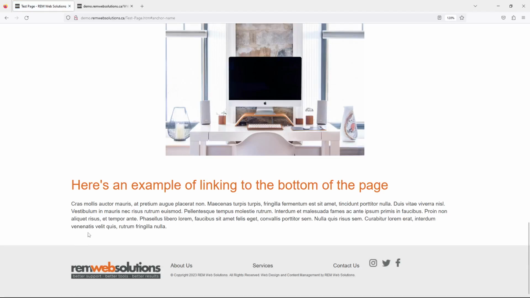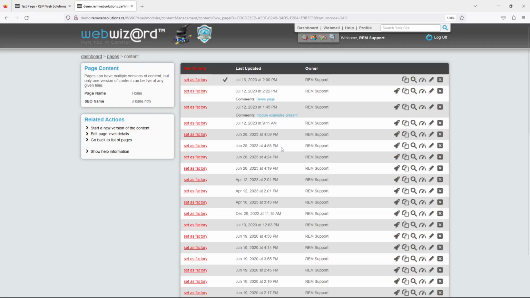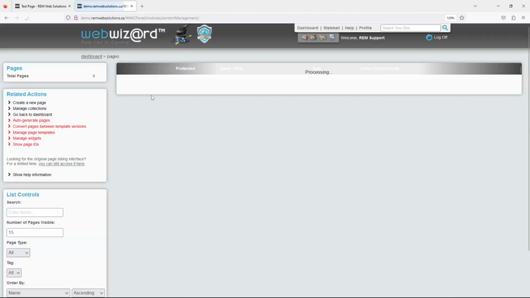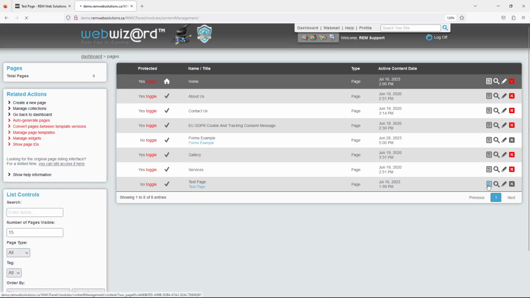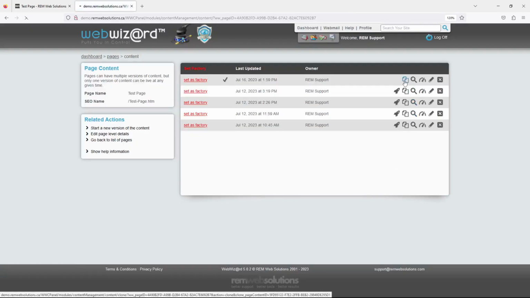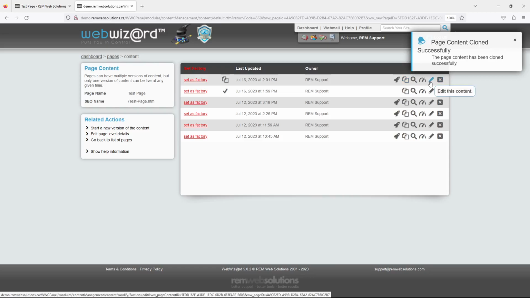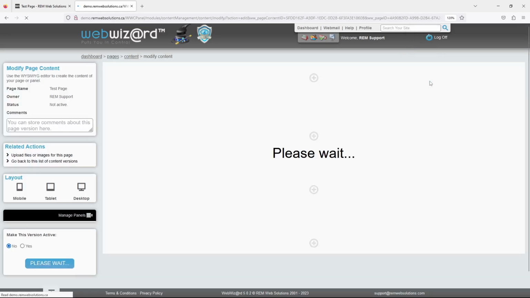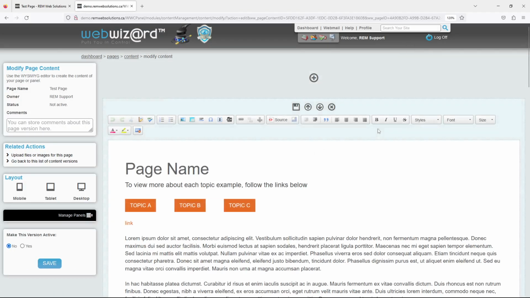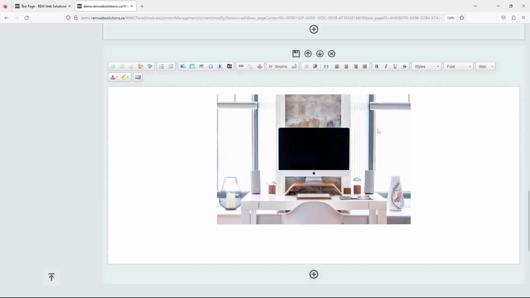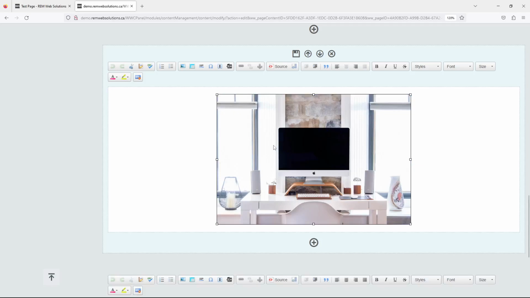You don't have to just link text. You can also link an image if you want to have that be the anchor point. So if I go to my test page, I'm going to clone it. I'm going to hit the pencil. And then I can scroll down and I can make this image an anchor point. So if I click on the image, which will either make it entirely blue to show that it's been highlighted and selected,